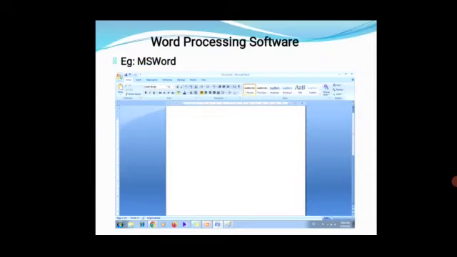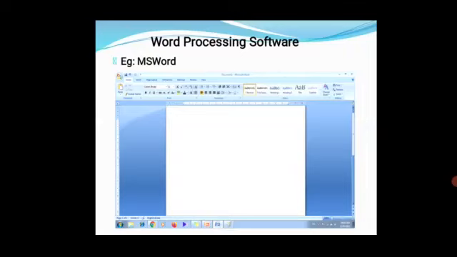What will you do in this software? You can see this white blank area. In this white blank area, you can type your documents. You can type, delete unnecessary text, insert new text, and format the documents.